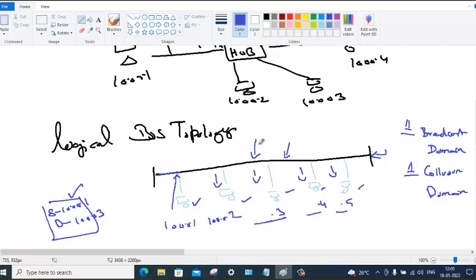Dishum. That is collision. To control the collision, do you have any mechanism? Nothing. This is the only backbone. So you need to send less traffic on this one backbone to avoid collision. So this is one link that is responsible for controlling broadcast as well as collision.